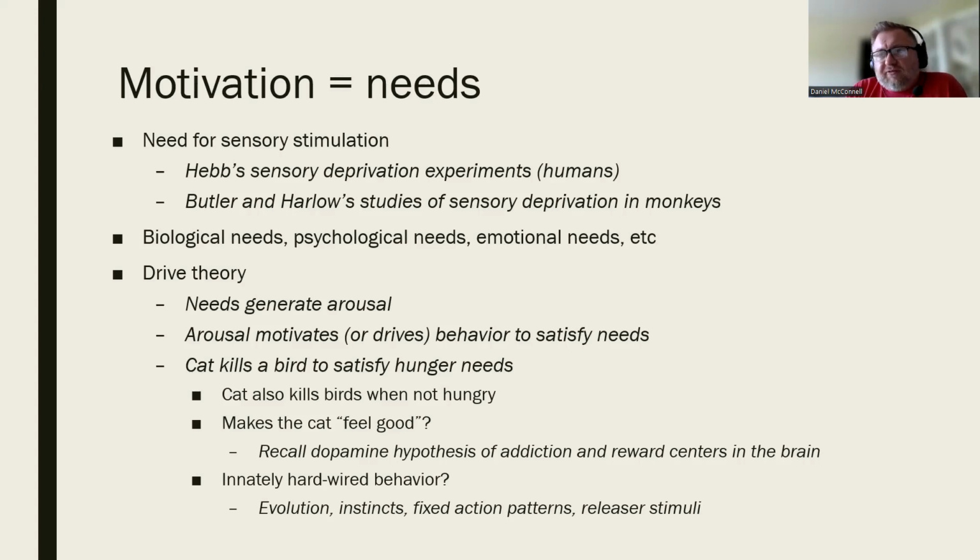And one of the things that Hebb found is that people really dislike it a lot. And it's a little bit similar. You may have heard of some of these rooms that are called the quietest room in the world. These are called anechoic chambers because the walls are lined with a very strong sound absorbing material so that there are no echoes, and the room is very, very quiet. And so if you go in there, you can't really hear any sound. There's just no ambient sound that you would normally hear in a regular room.